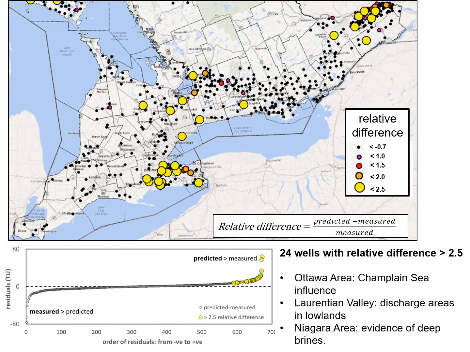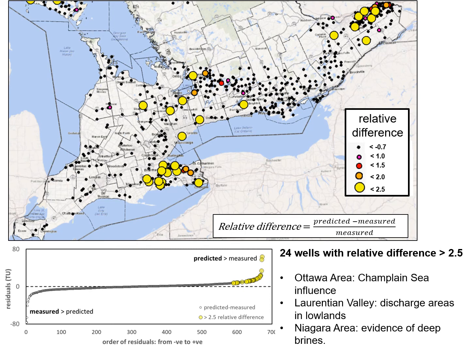So to improve the interpolation, we removed samples that don't represent shallow modern conditions. Remember, our method for selecting these wells wasn't quite perfect, but we needed to remove these samples in a defendable way. So as a start, we calculated the relative difference between predicted and measured tritium for every sample. And in the plot of residuals on the bottom left, the largest relative difference, greater than 2.5 times, those samples are highlighted in yellow, and they comprise samples where the model has over-predicted the value.